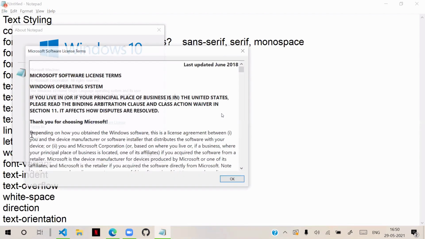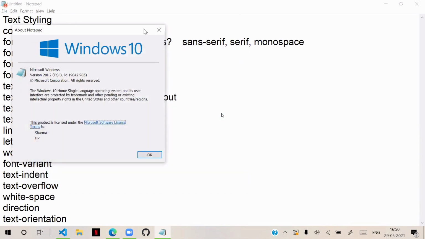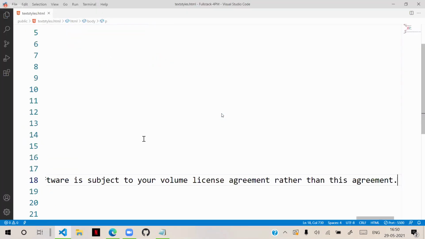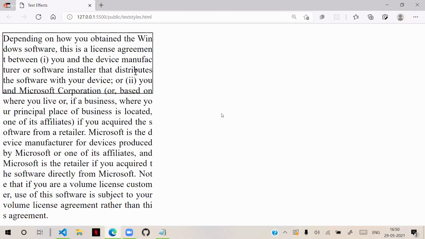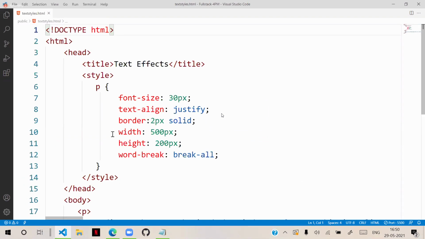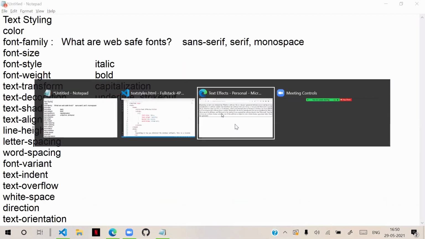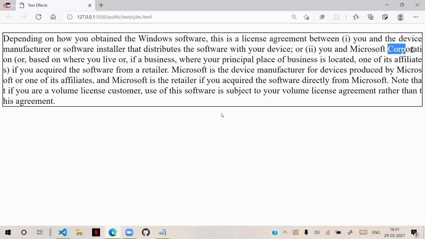Don't use justify alignment. Use word break for that. So without justified alignment, use word break here. And you can see that the lengthy words will break. It will break and come to the next line. Suppose I am not configuring the width and all. So width and height, I will remove that just to show you. Even though you don't define them, on the right side you see Microsoft Corporation, TION will come to the next line. It will break those words and keep them.